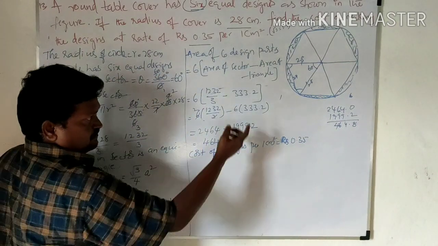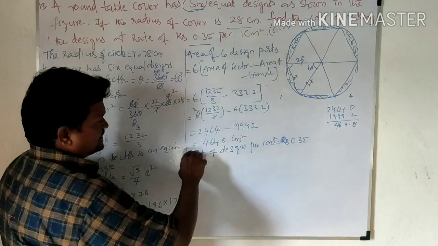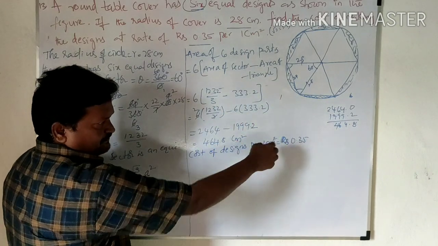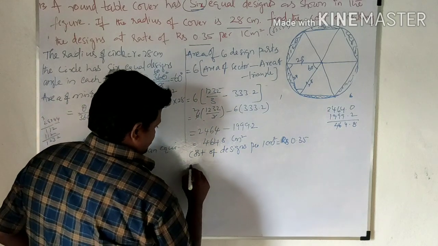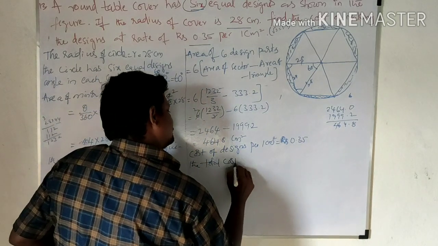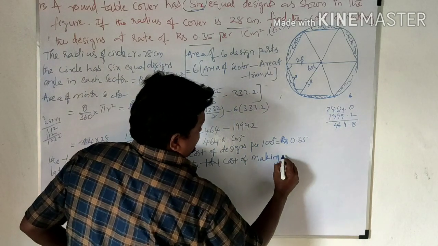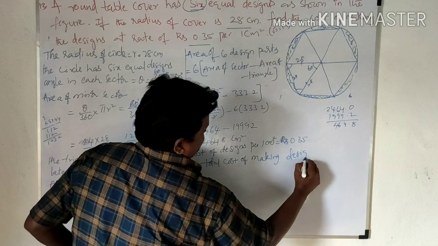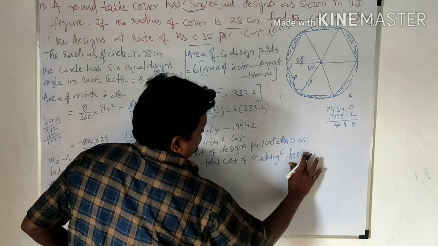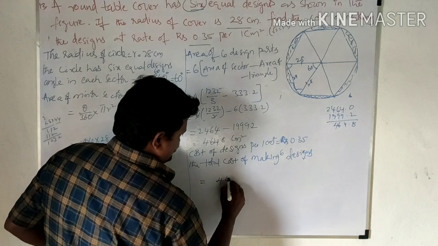Then what is the cost of total designing? The cost of making the designs means we have to multiply by 0.35. The total cost of making 6 designs is equal to 464.8,